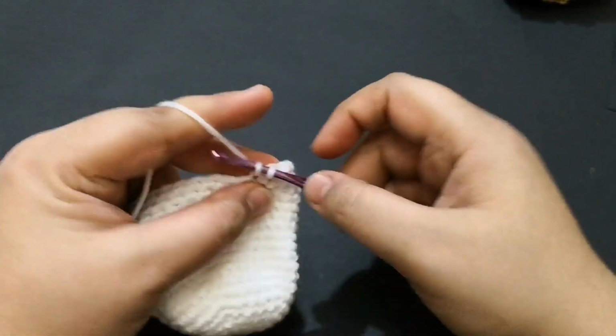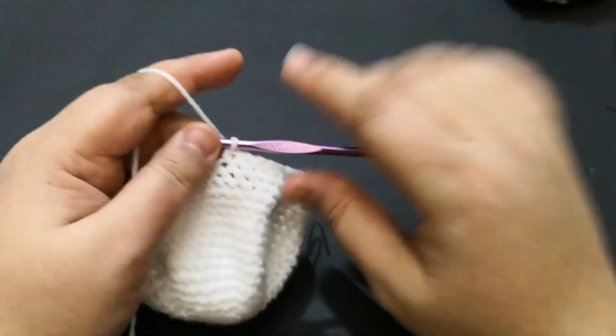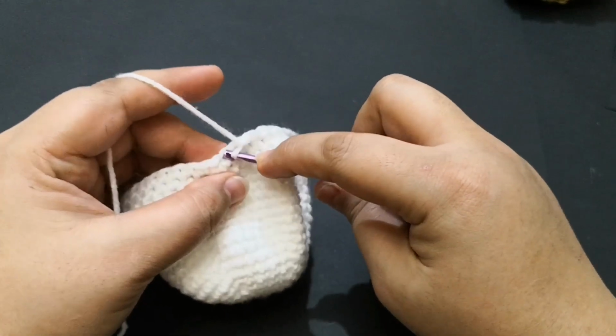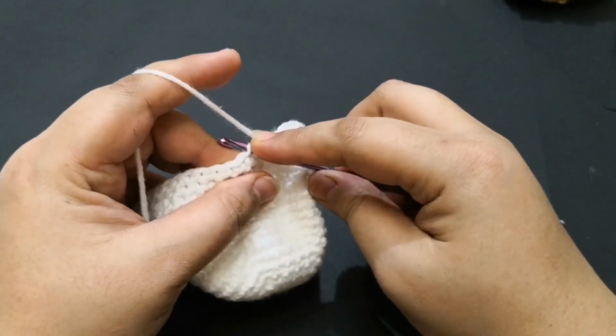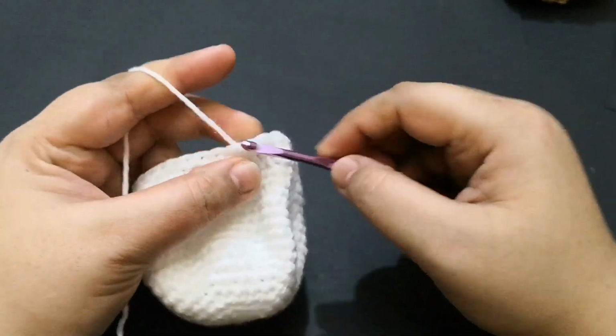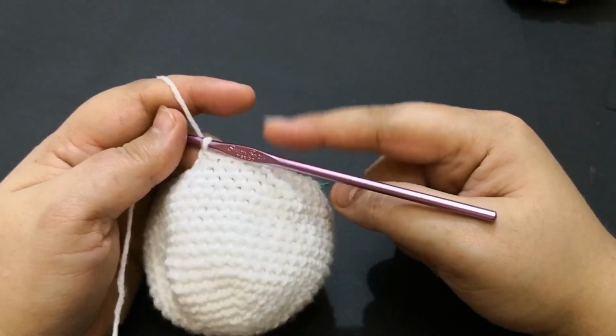and you can do a regular decrease if you don't get the invisible one, but it will give you a neat finish if you do an invisible decrease. So I'm going to complete this round and meet you guys at the end. Okay,